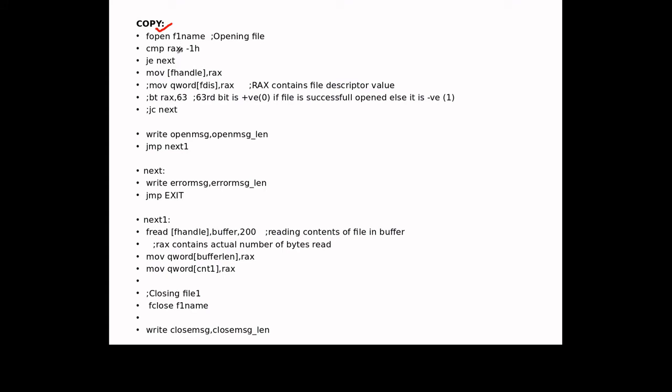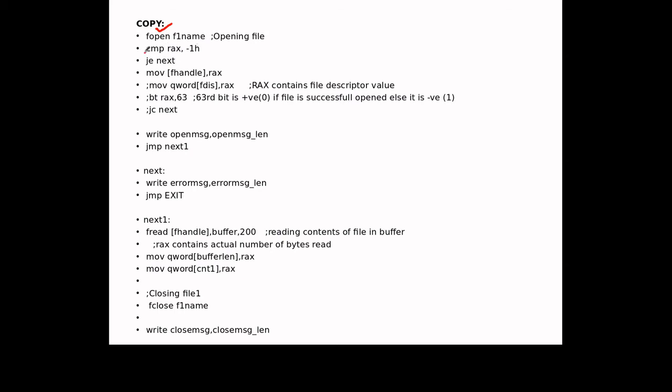File handle means where that file is, the memory address it will return, and we call that a file handle. If the file doesn't open successfully, it will return -1 to show it has some error.